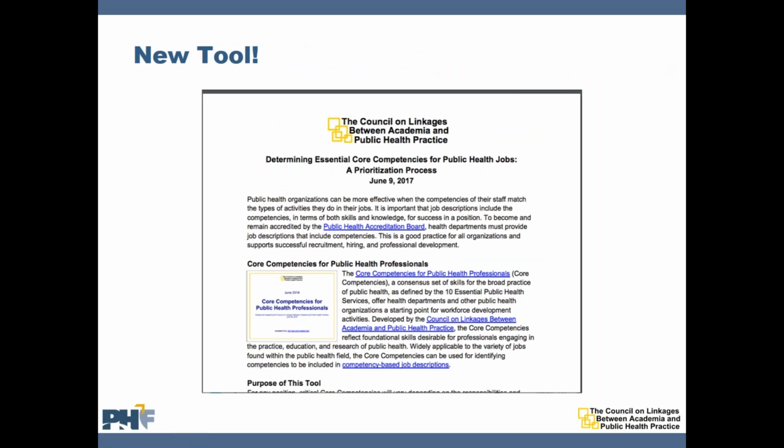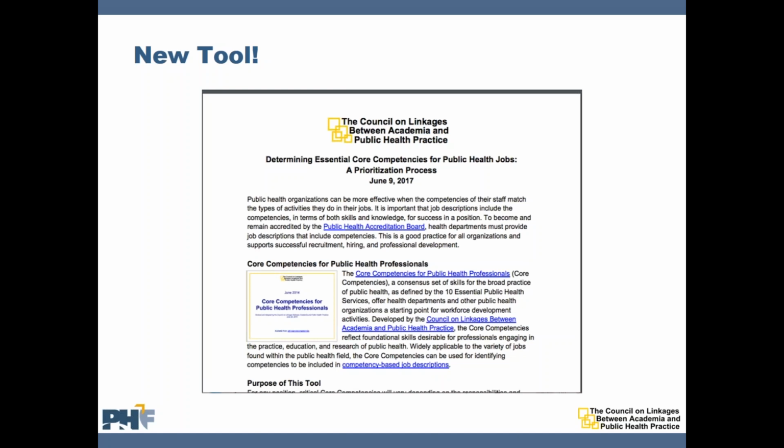But 54 is still a lot of areas, and simply putting 54 competencies into a job description would make for a pretty daunting job description, I think. No one person can be expected to focus on developing skills related to that many areas all at once. And also, I think it's important to recognize that not every single person within an organization needs to be highly skilled in all of these areas. So you'll likely want a balance of these skills across your organization, but the areas that might be most important for any given individual will vary depending upon the responsibilities they have in their job and the activities that they're engaged in.